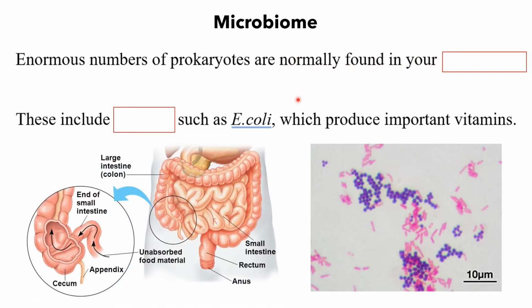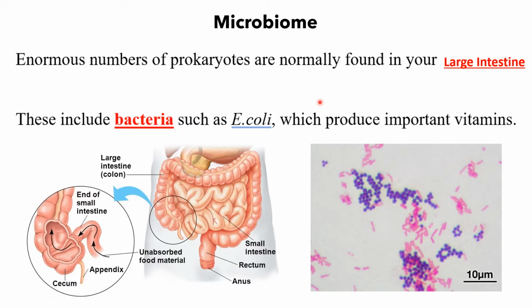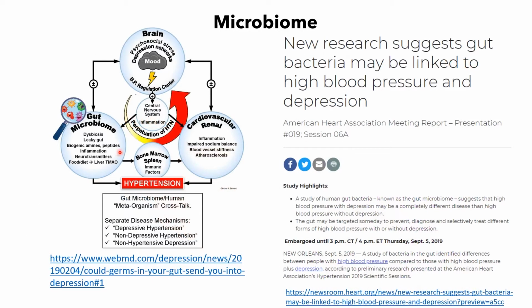What's the bacteria doing here? I keep talking about bacteria in our intestine. Let's spend some time understanding this. So there are actually an enormous number of prokaryotes that are normally found within the large intestine. And these are going to include bacteria such as E. coli. And they're going to be used to produce things like vitamins. And so this bacteria residing in here, and here we can see some bacteria being stained,